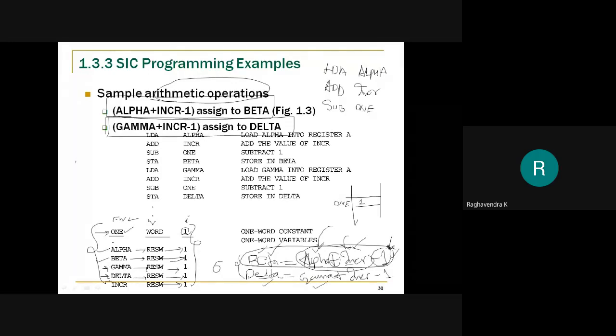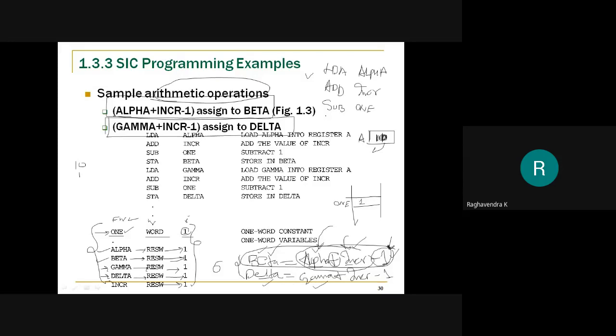For example, let us assume that alpha is 10 and increment is 1. With the execution of the first instruction, the accumulator will have 10. With the execution of the second instruction, 10 plus 1, it will become 11. With the execution of the third instruction, SUB 1, it will become 10 again. Now this 10 has to be stored in beta.